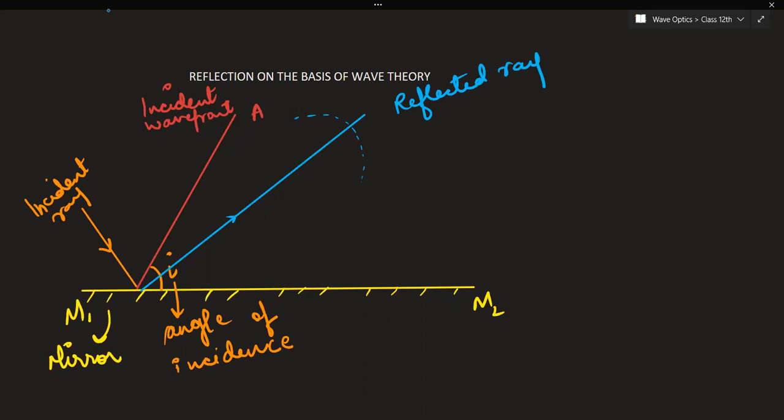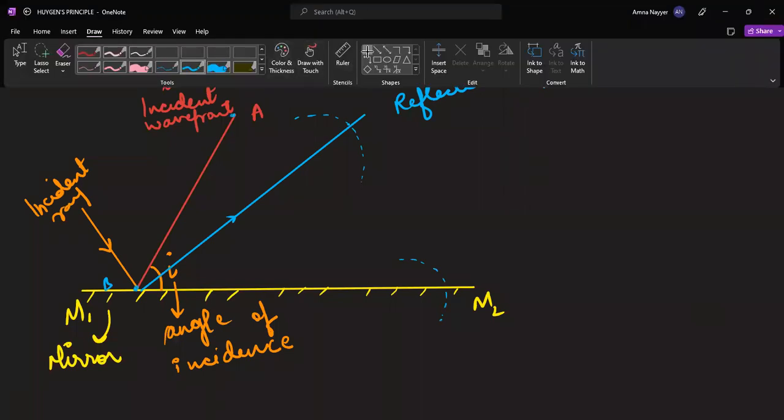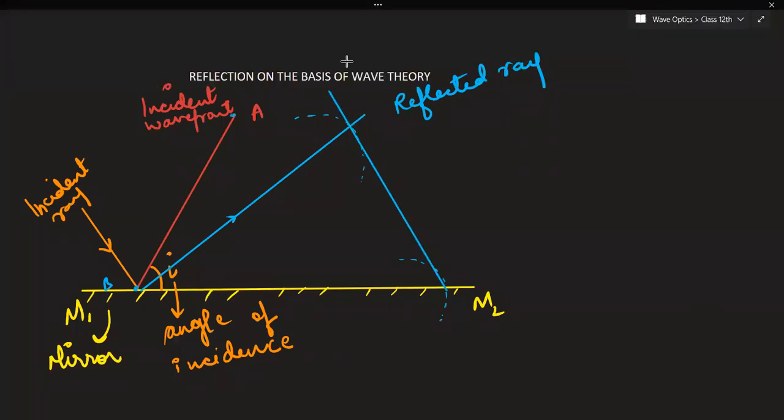So for point A, I'm drawing this wavefront here. And this is point B. The wavefront will be formed somewhere here because the distance is larger. So the wavefront will be formed at a larger distance. This is shorter, so this is formed. So for point A and some point B, I have drawn the two wavefronts. Now what we'll do? Let's connect the forward envelope. This is the part where Huygens principle is utilized. This becomes the reflected wavefront.